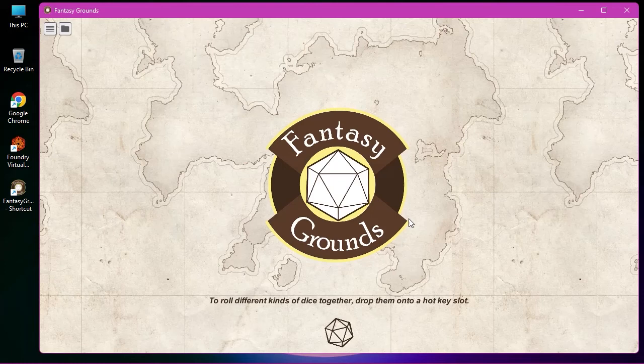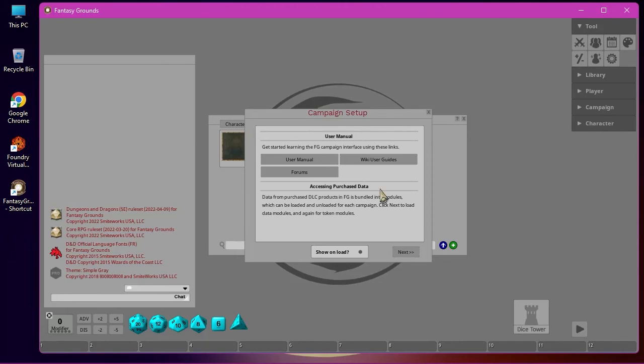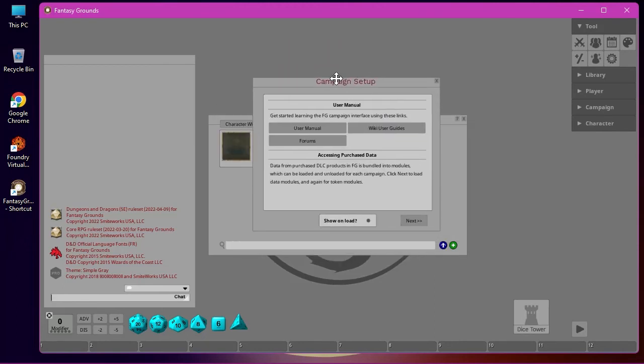So once your table comes up, we're going to see a little pop-up. Now I'm just going to close that. If you want, you can follow through it, but I usually close it because I want to show you where those options are if you decide to change them later on. So we're going to set those same options but manually. So this little pop-up right here, the campaign setup,